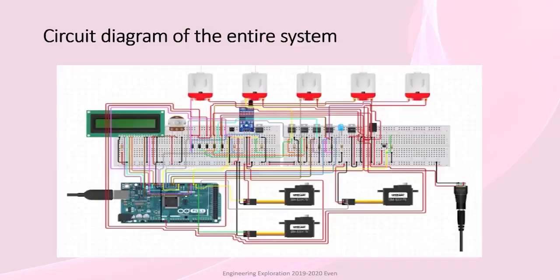Circuit diagram of the entire system. We are using 5 DC motors and 3 servo motors in the entire course project. These are being powered by a 12 volt adapter, and using the same 12 volt adapter we are powering the servos using an LM7805 IC to regulate the voltage to 5 volts for the servos. We are using 2 IR sensors for recording the score. When the ball obstructs the IR sensor, score is being recorded. We are using some colorful lights and buzzers for the project. All these are connected to the Arduino board.